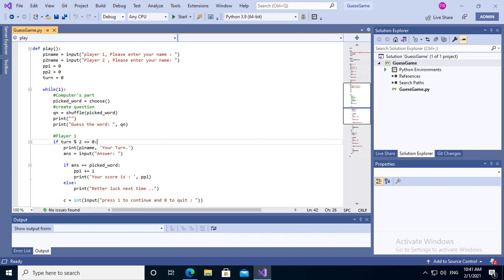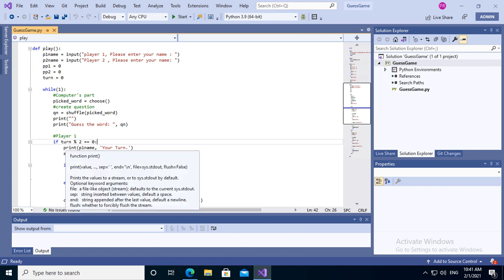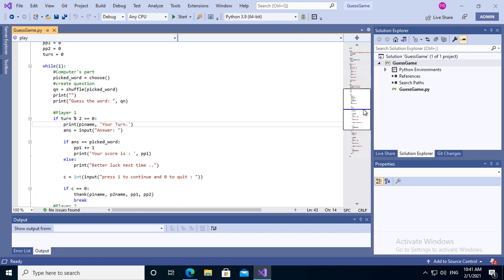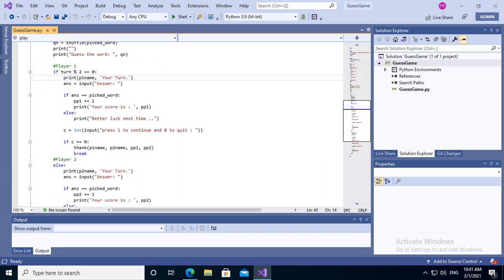If the remainder is equal to 0, then this segment has to be done. This is player 1's part. The computer is asking to input the answer the player has guessed. Whatever answer is given by the user will be stored in the variable ans.